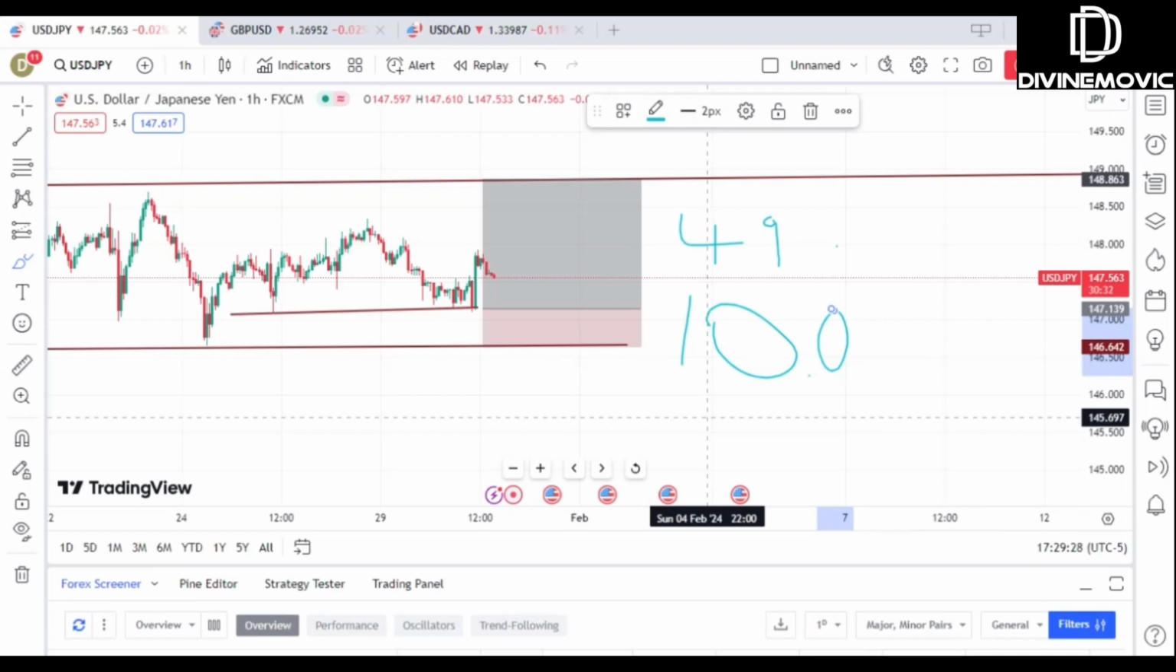Now if you use 2 lot size, it simply means $20. But what is the right lot size to use on this setup? I already know that we want to risk $100, and we already know that our stop loss is 49 pips. What we're looking for now is what lot size we are going to use so that if price makes a 49 pip movement,